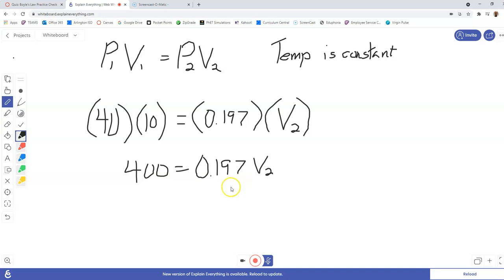To get V2 all by itself, we have to divide by 0.197. And if we divide that side, we have to divide this side by 0.197. So now to find out the final volume, we just simply divide 400 by 0.197. So V2